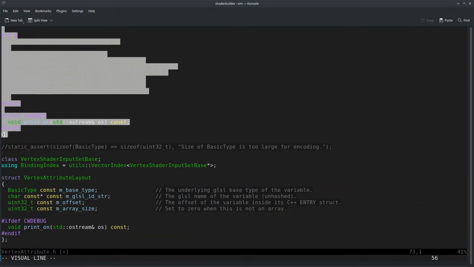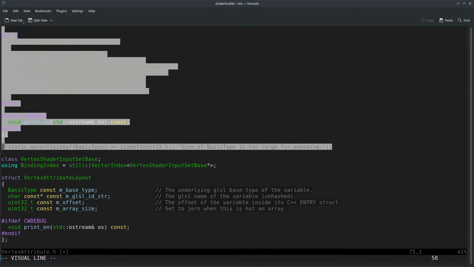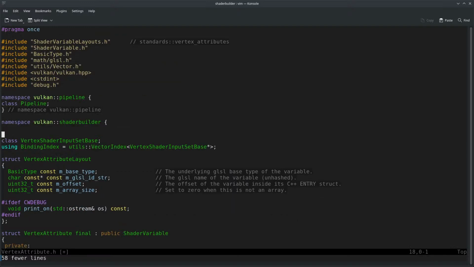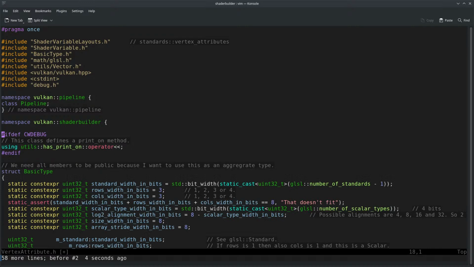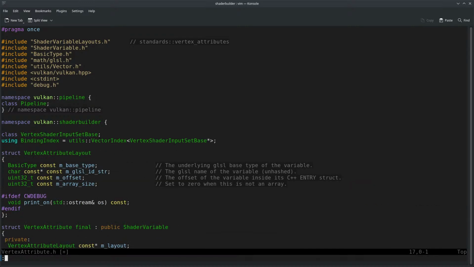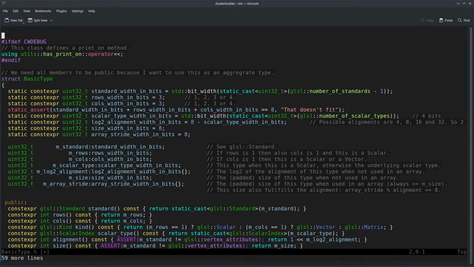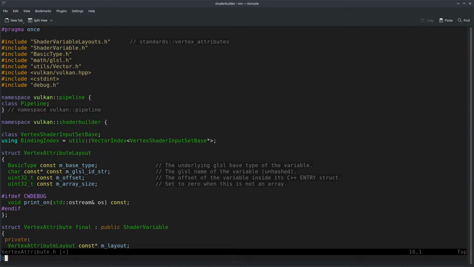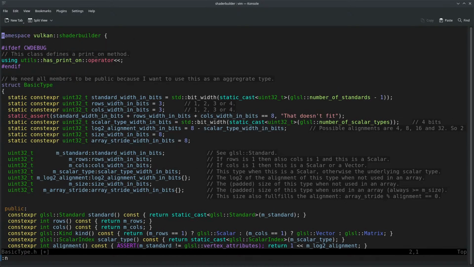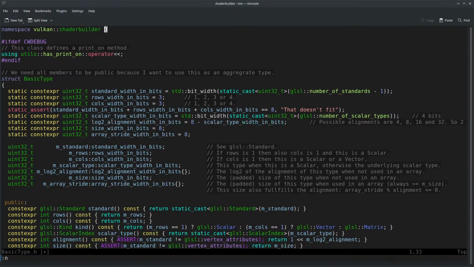And move that into... no, 58 lines, 59. Next, print. Let's copy this. This is a header, so